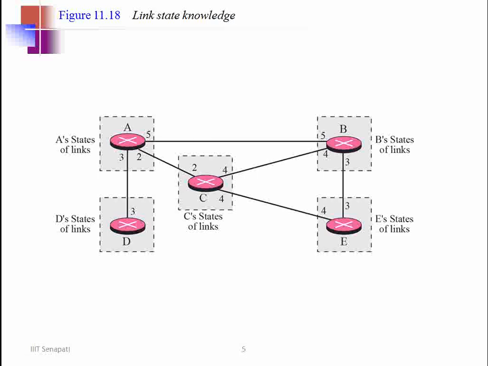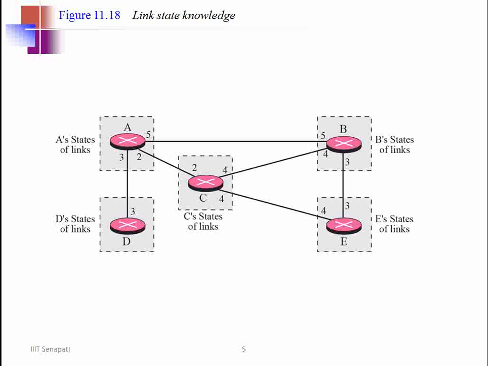Node C knows that it is connected to node A with metric 2, to node B with metric 4 and to node E with metric 4. Node D knows that it is connected to node A with the metric 3,